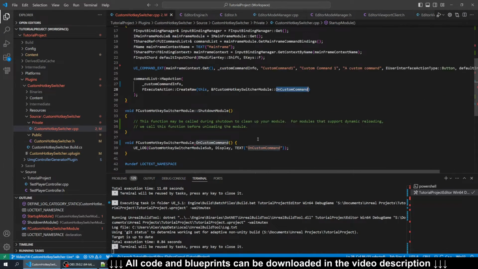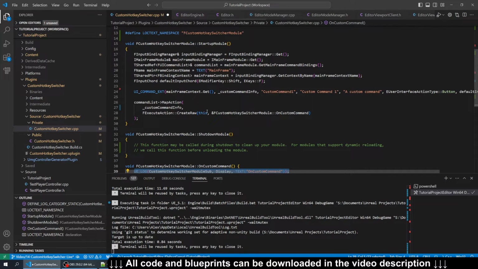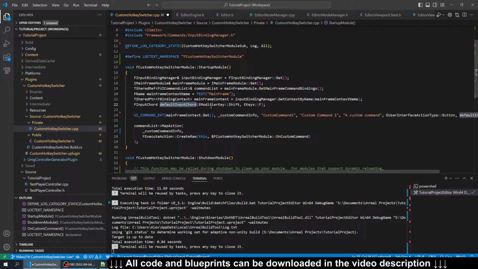And again, this is the method that we created below, and all it's going to do is log this out. Looks like I missed a colon there as well. Yeah, so it's just going to log "on custom command" whenever our default chord at the moment is pressed, Shift F. Now, you have to be sure that there's no conflicts here because it's going to take the first command